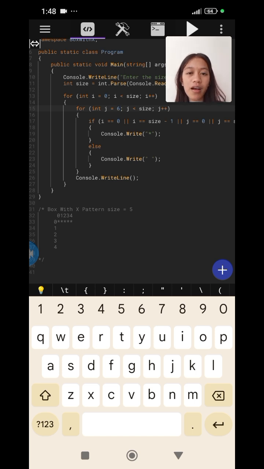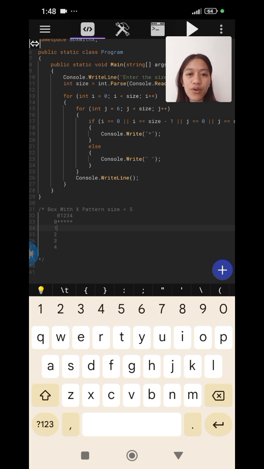So, 6 less than 5 is false na siya. So, if nag-false siya, diretso siya sa command. So, ang command natin dito is yung console.writeLine. So, pag sinabi nating writeLine is sa baba na siya. So, since nandito yung cursor natin, ibababa natin dito. Yan. And then, after command is modify for the outer loop, which is yung initialization natin ng i is increment